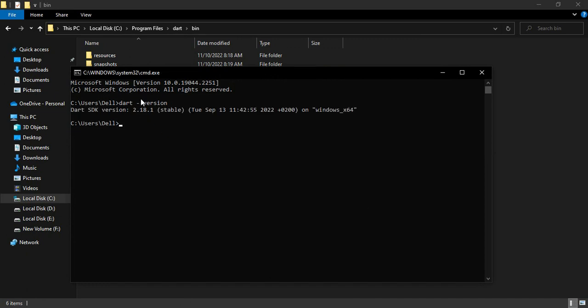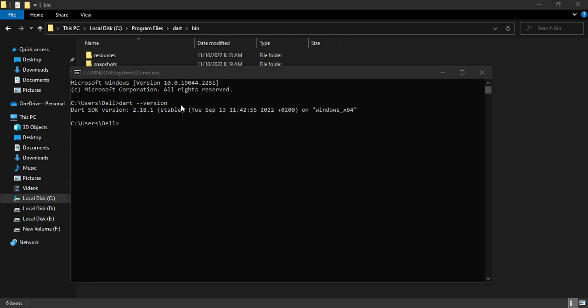And if your environment variable is not set correctly, you won't be having this Dart version, and you will get that the dart command is not found, so you need to be aware when setting the environment variable. Hope you have already installed Dart on your computer. Now